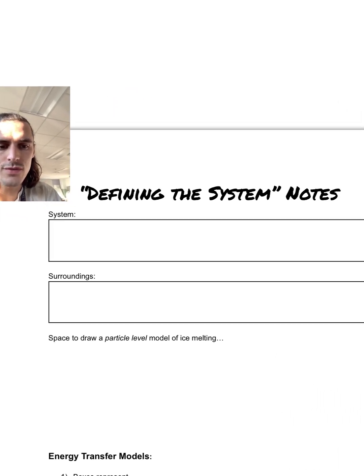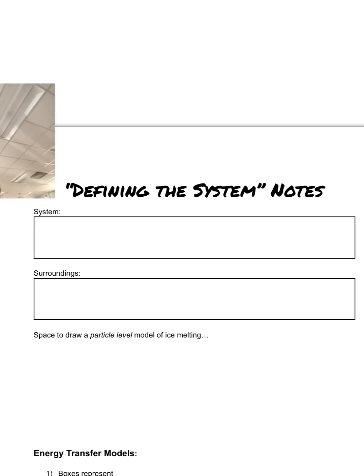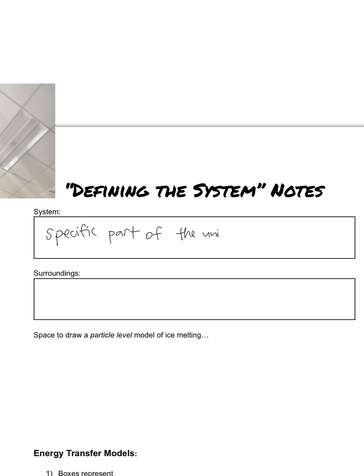So first, to define the system, when we're talking about the system, what we're talking about is a specific part of the universe that is being studied or observed. So being studied or observed. So specifically